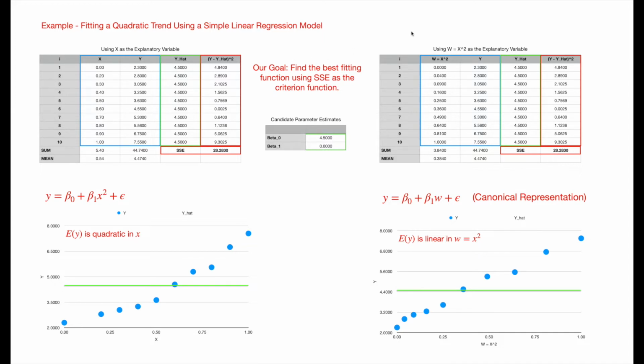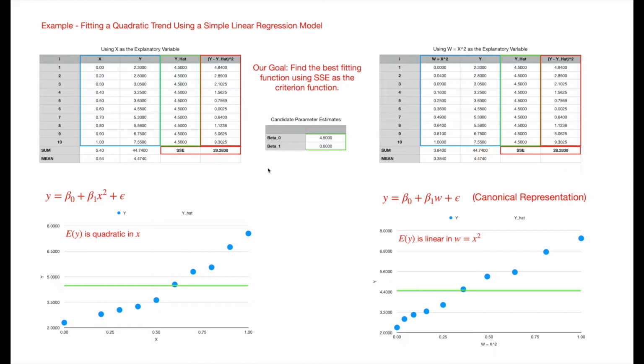All right, and so you can see that I have those two columns, the predicted values and the square of the difference between the observed value and the predicted values in both columns. And then I total up that last column in each spreadsheet, and that gives me the sum of squares error, the SSE, for each of those